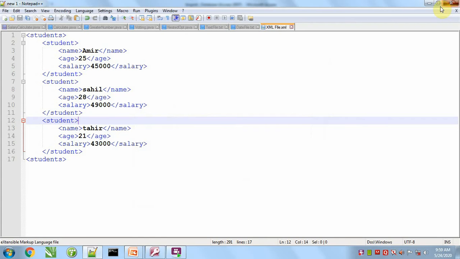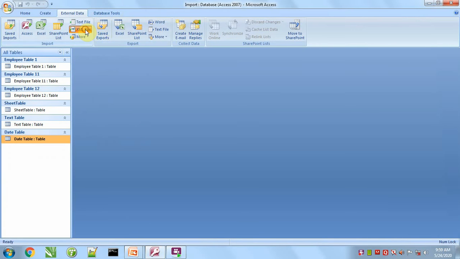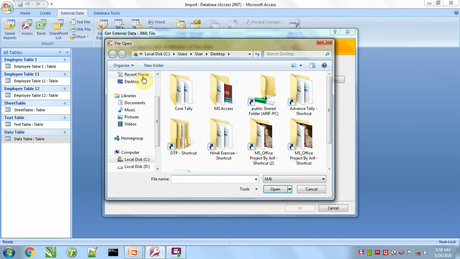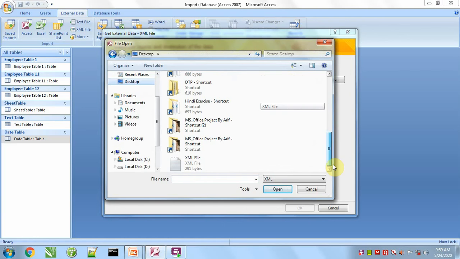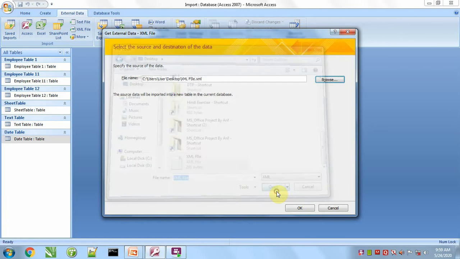Like this, we'll save this file. It is an XML file.